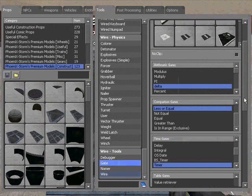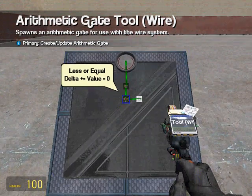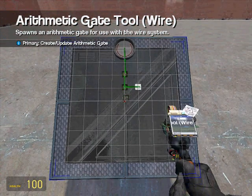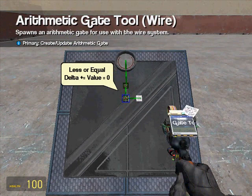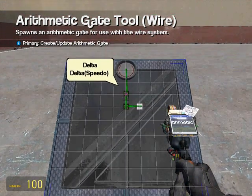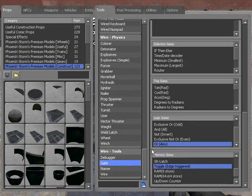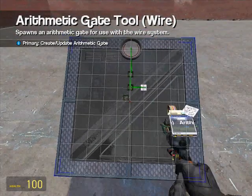Okay, now what we need to do is, basically this will output 1 when the delta is less than minus 30, and we want that to start a timer, but we need to use a toggle gate because this will output a 0 instantly afterwards, because this delta will go down to 0 and then that will turn off our timer. So I'm just going to come down to memory gates, toggle, edge triggered, just stick it. I'm going to put this down there,